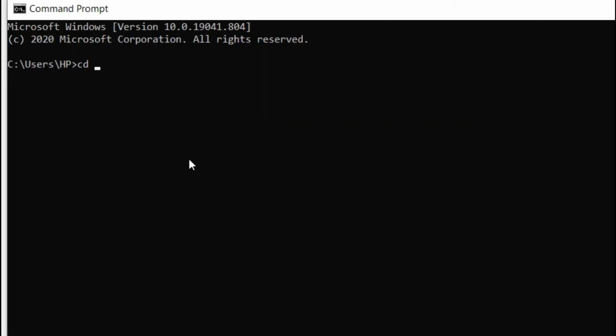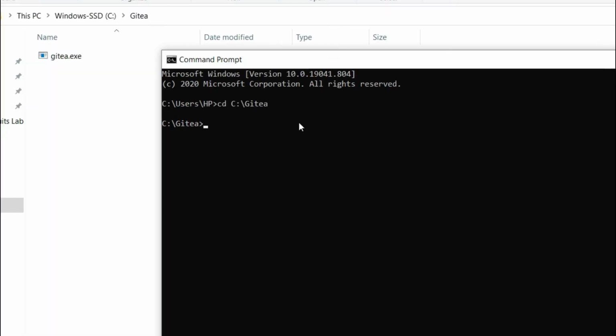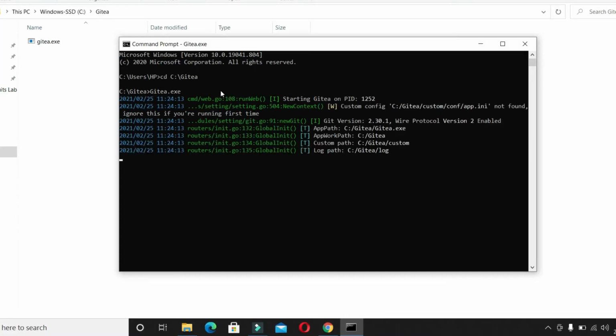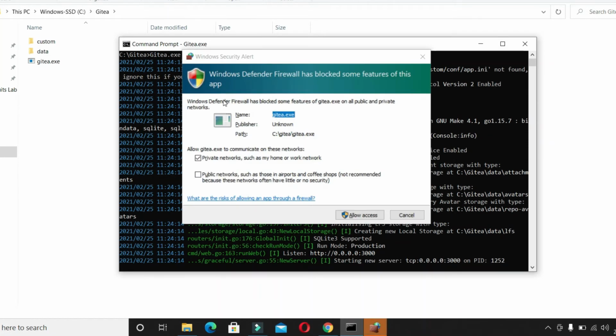Set the current directory to this path. Okay, we are in this directory. Now run this exe and allow the access on the firewall.